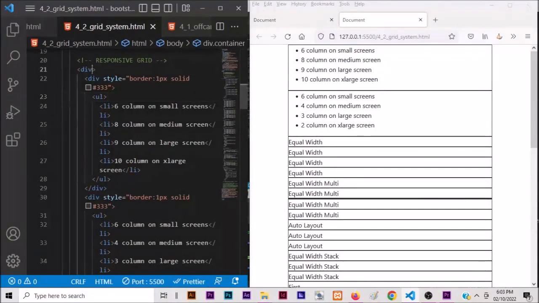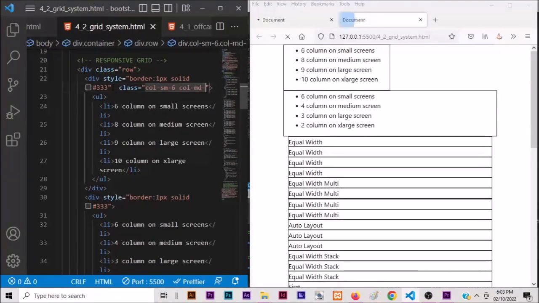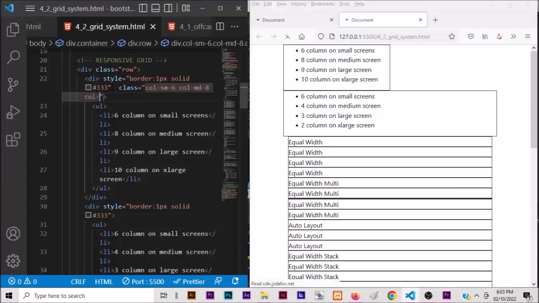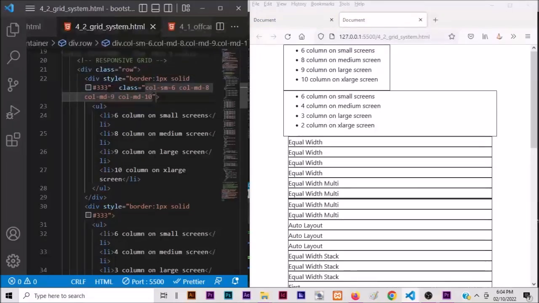So we'll enter our class row, then we'll have a class of col-sm-6, col-md-8, col-md-9, col-md-10. Then the second side will now have a class of